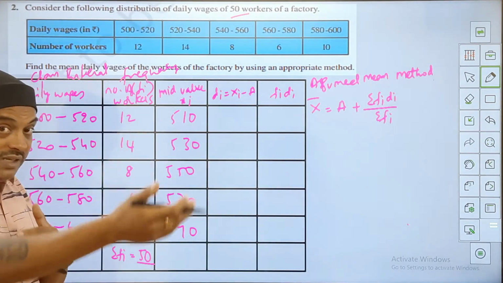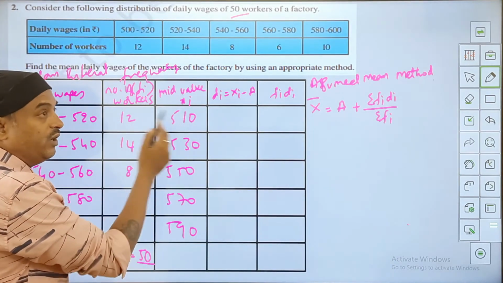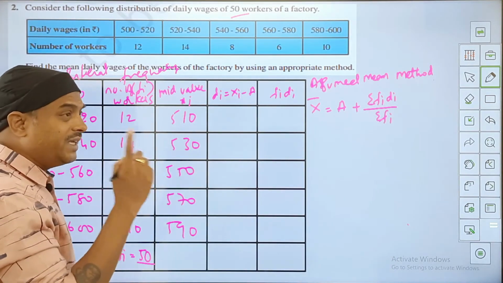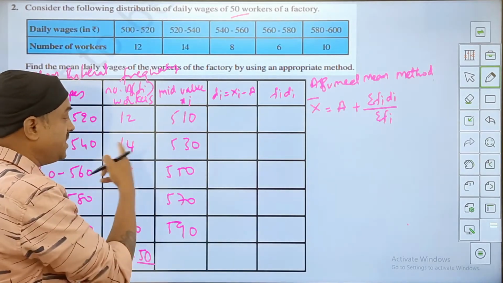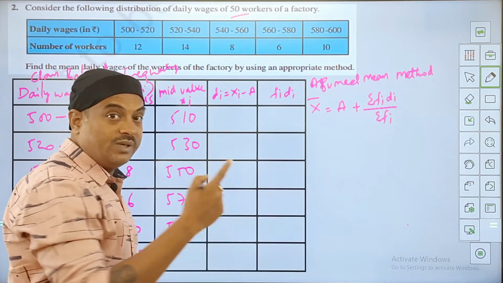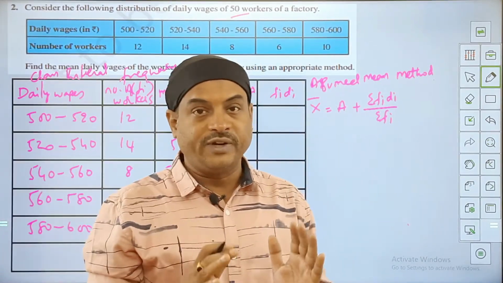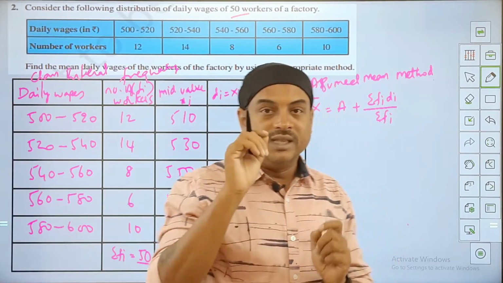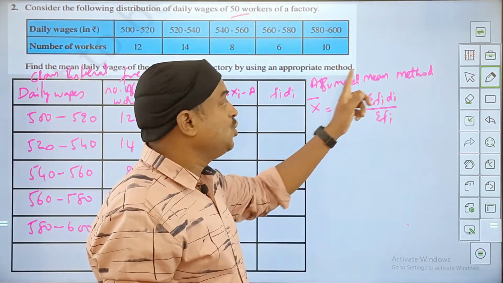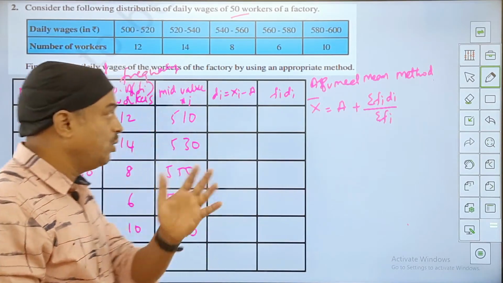Now in the previous method, the direct method, we multiplied frequency with mid value, if you remember. If I do the same method here, the numbers are going to be huge, and then getting a total of those numbers, again involving that in calculation, will take a lot of time. So better what you do, there is another method called the assumed mean method. Now what is this method? How do we perceive this? How do we work on this?